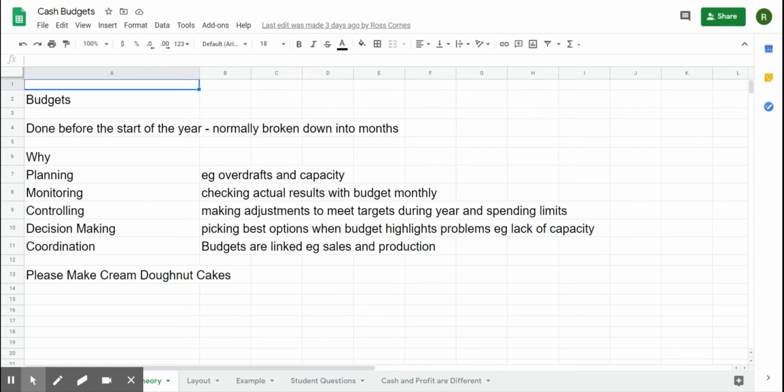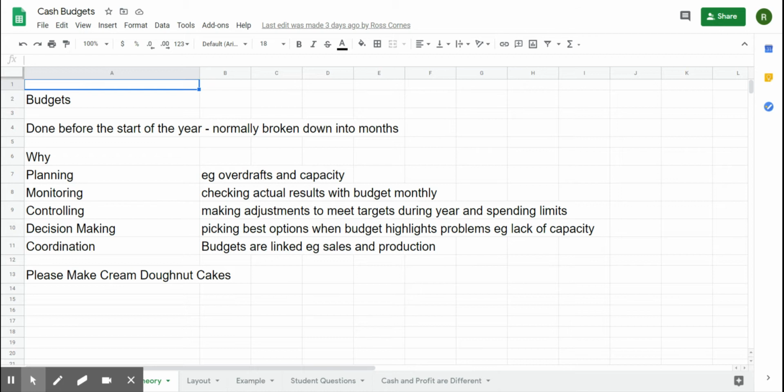Controlling, that means making adjustments to meet targets during the year. So, for example, if we do realise that our sales have been under forecast, do we need to make changes throughout the business to meet what essentially is good news? And similarly, if sales had fallen, then companies do need to plan to reduce what they are producing, to reduce what they are buying.